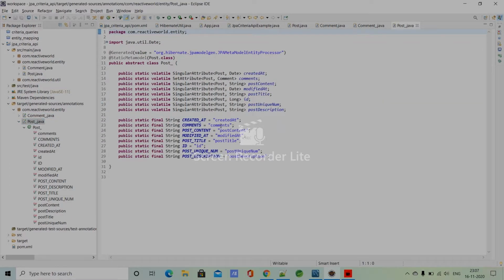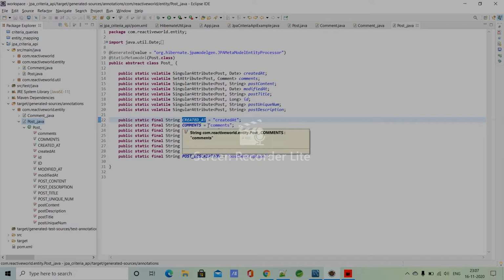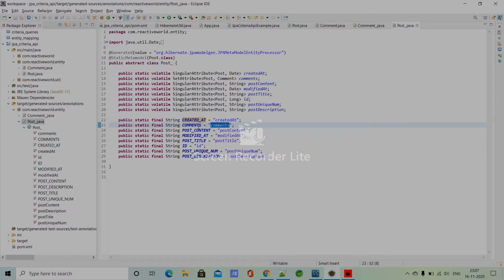Okay, so here you can see it contains all the fields that are present in the entities. Okay, same fields. You can access these attributes with the help of these variables, and these variables are static, so you can access them by the name of this entity anywhere in the project.